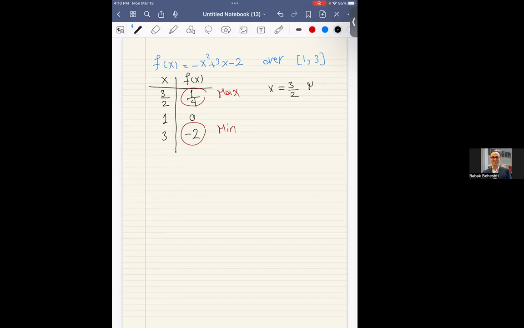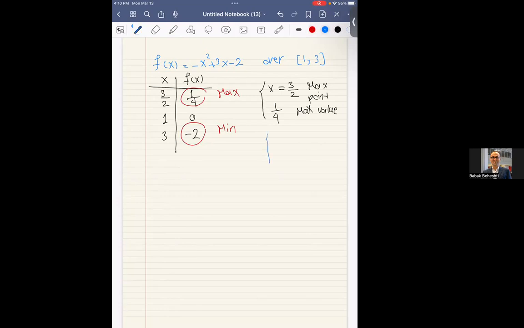Maximum point. What is the maximum value? 1 over 4 is the maximum value. I will tell you in a second what is the difference between maximum point and maximum value. And